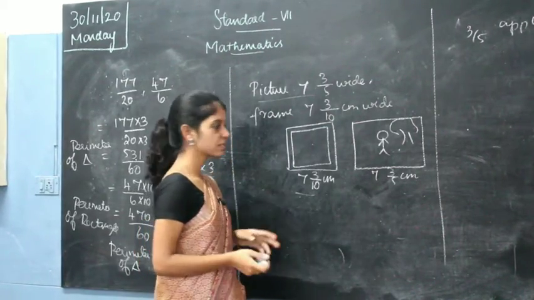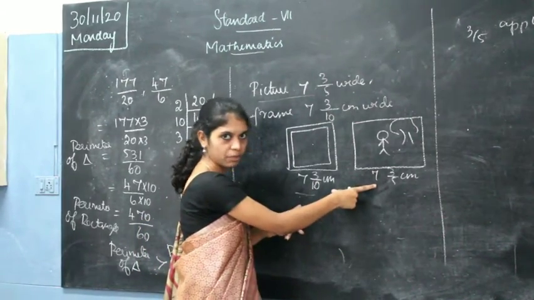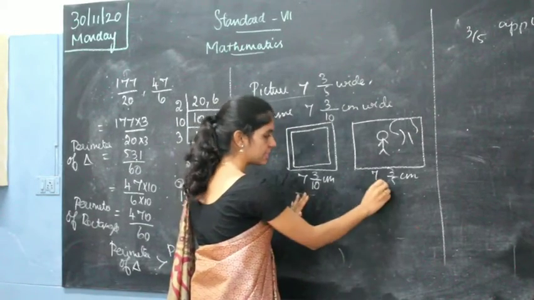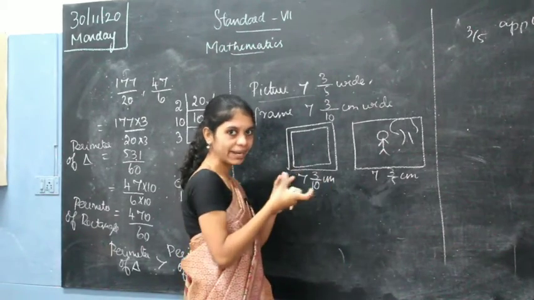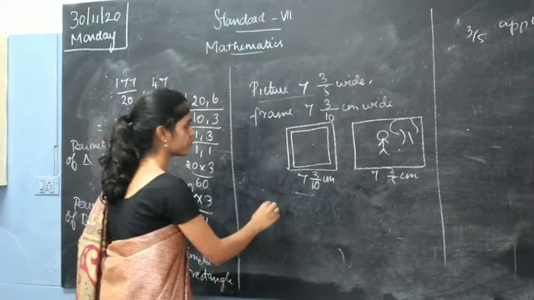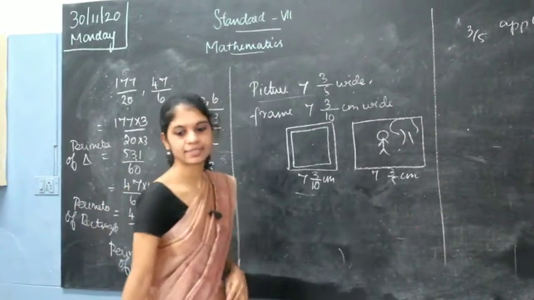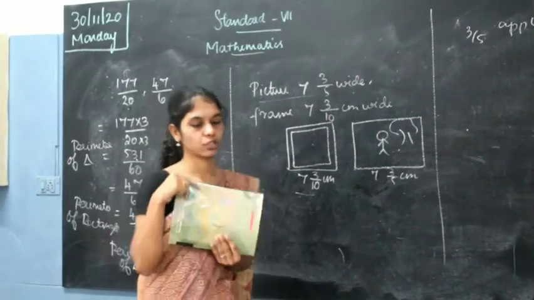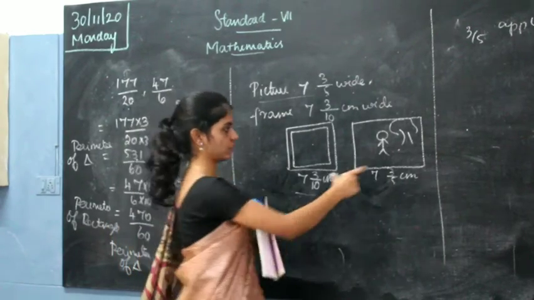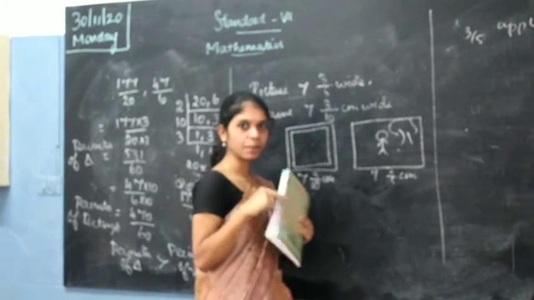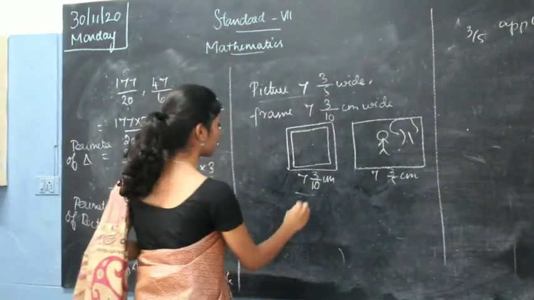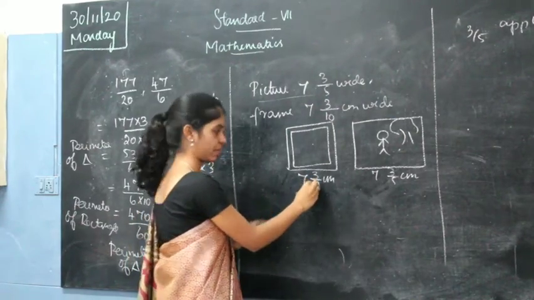So what we have to do is convert them into a normal fraction, then minus this from this, so that the remaining portion will give you how much part he has to cut. Now we'll see. So let's say this is the picture frame. Okay, so in this picture frame you have to fit a picture which is greater than the picture frame. How much you have to cut is what we are going to find. Okay, now we'll convert this into a normal fraction.